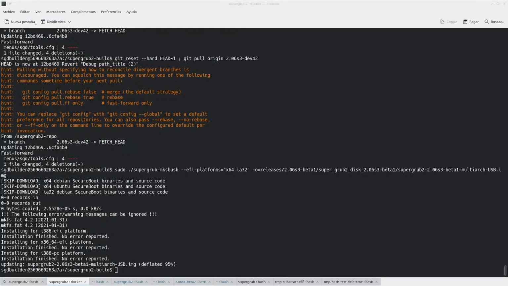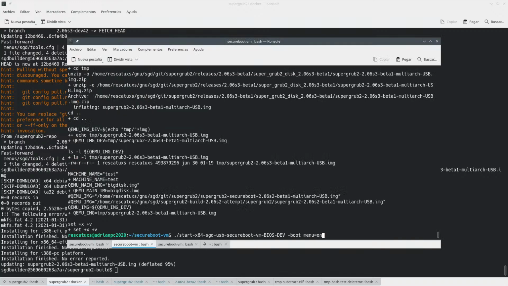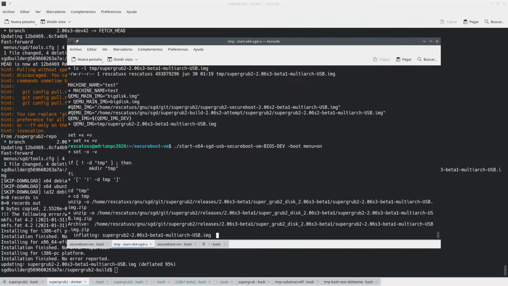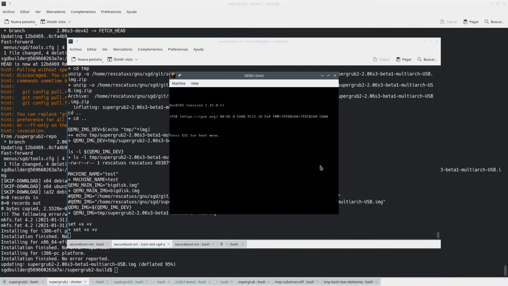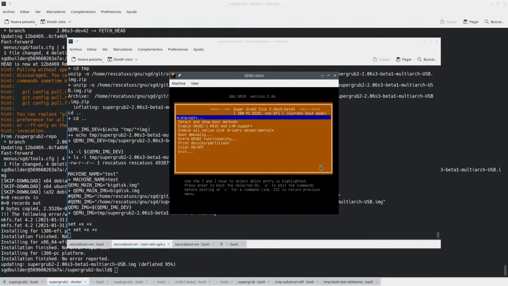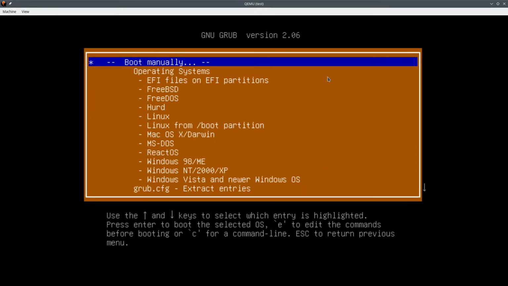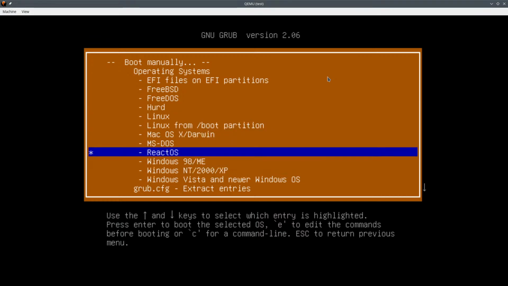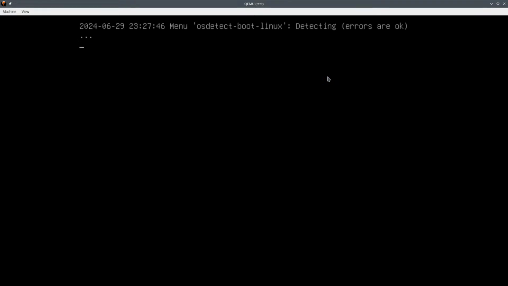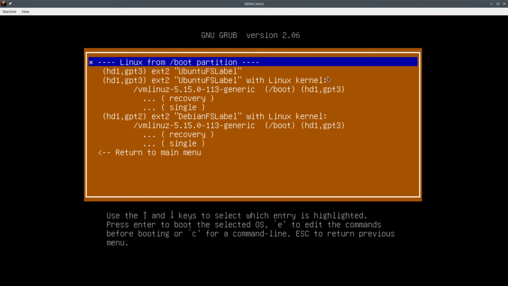I mean, now I understand why we could have some path titles being different, but even then, I don't know. So let me see. Boot manually Linux from boot partition. Linux from boot partition. So we have